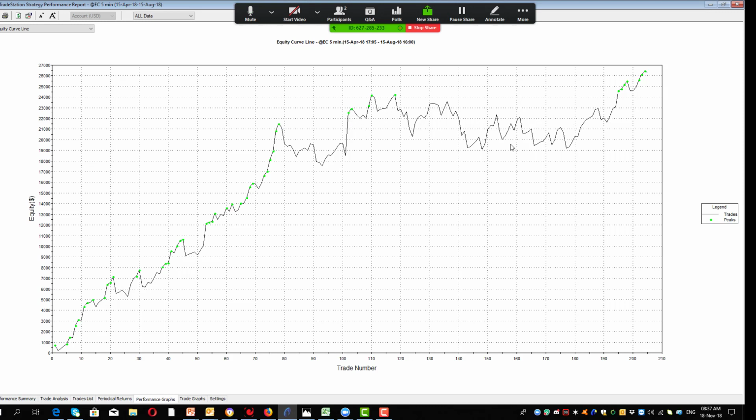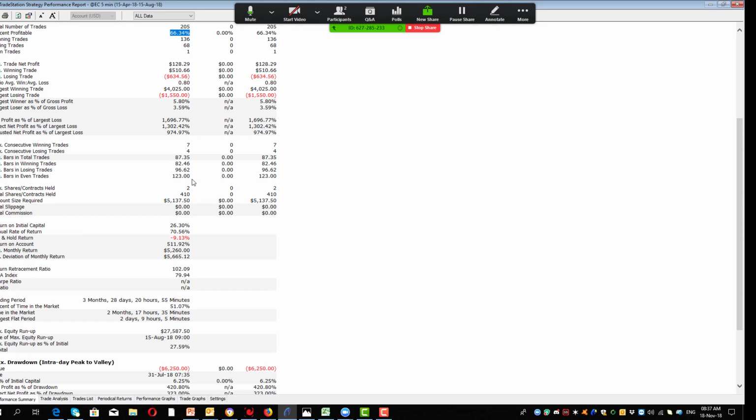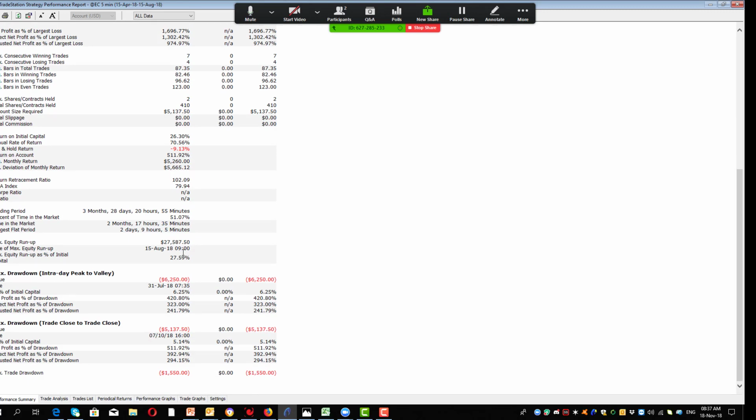So one of the things that we might do is overlay a couple of our directional filters during this period here, and I'll do that as a bit of a test this week, just to see how much of an improvement we can get, because at the moment we've got longs off completely. There's no profit in the euro longs at all. So the shorts are bringing in some good profit, but still there's a lot of trades there. 205 trades, 66%. We could probably overall improve the performance there. The biggest issue with this strategy at the moment is the drawdown.